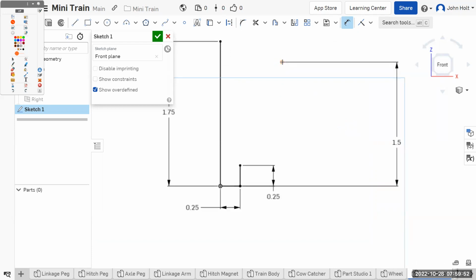And we also need to, okay, and like I said, the distance from here to the center of everything, just make sure you get a